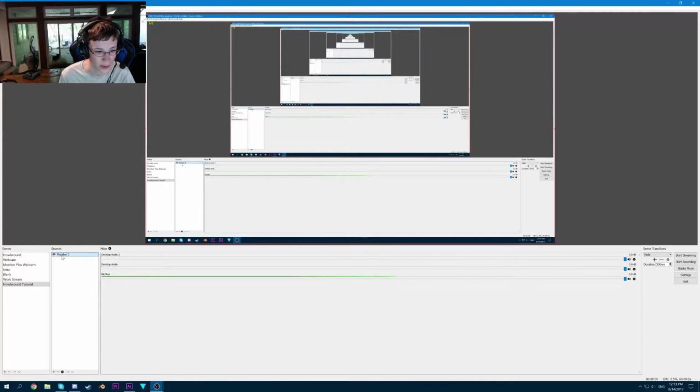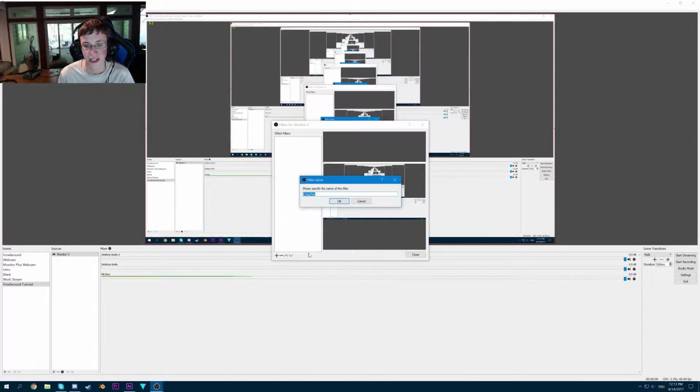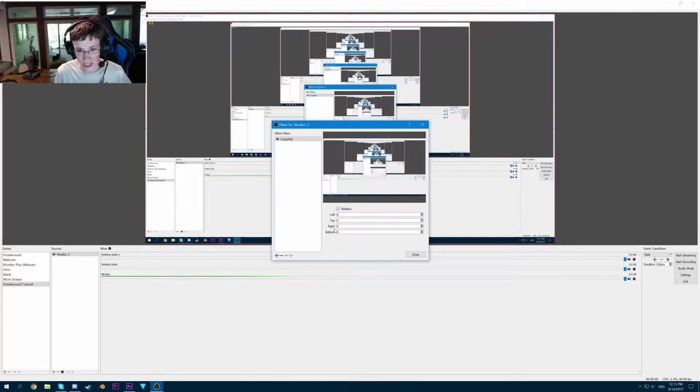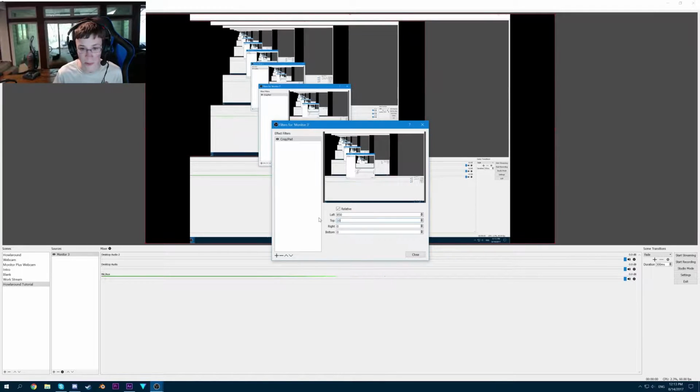So what we're going to do is we're going to add a filter to this. We're going to add a crop pad filter. And what you're going to do is you're going to use these controls here to crop out this extra information so that all you're left with is just the preview window. So it's only recording its own preview window and none of this other stuff. Now, for my screen, I've already figured out what the correct numbers are. It's 850, 100,